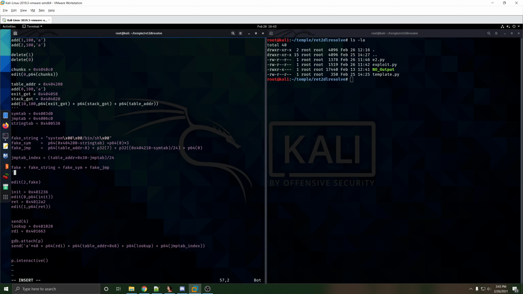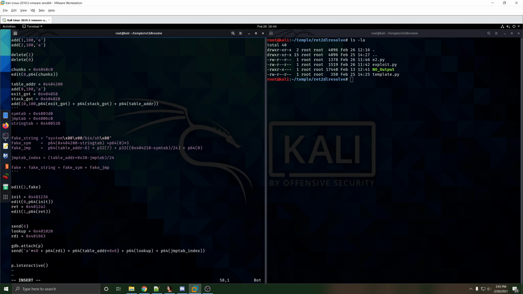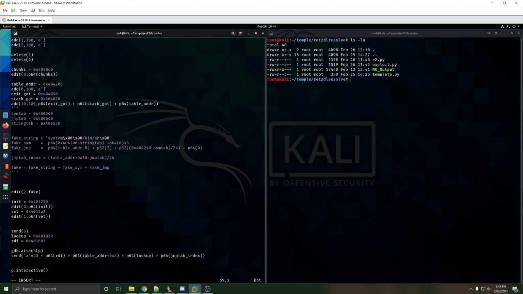Just get rid of all that. And then from there, I'm just going to copy most of it because I don't have it all off the top of my head. We can just say DlResolve is equal to Ret2DlResolve